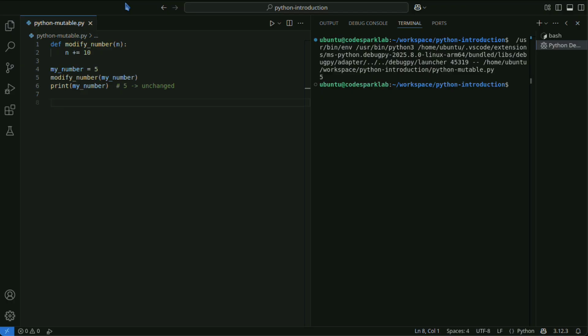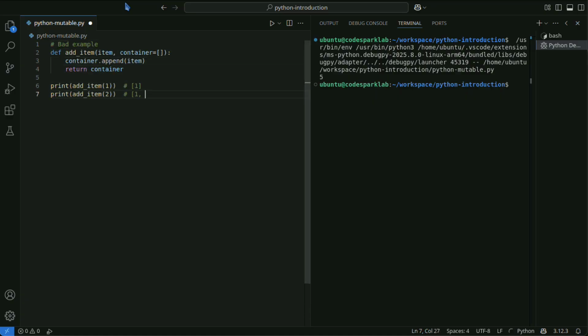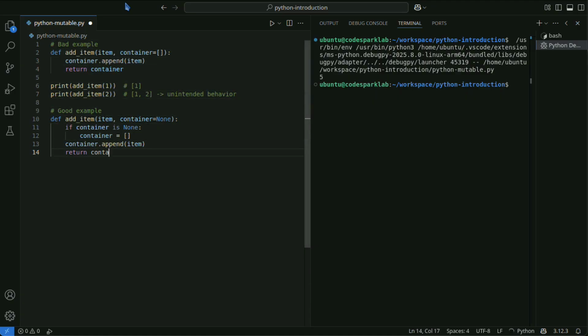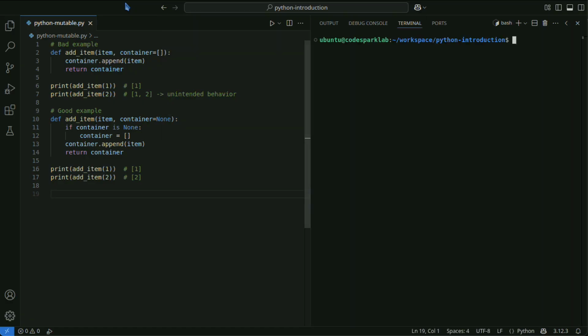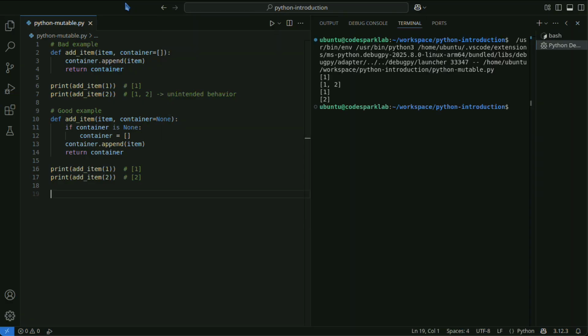Let's look at a case where a mutable object is used as a default argument. Since default arguments are evaluated only once at function definition, using mutable objects can lead to unexpected side effects.